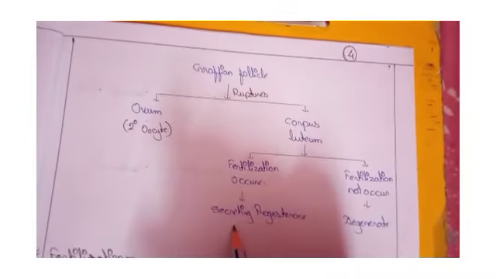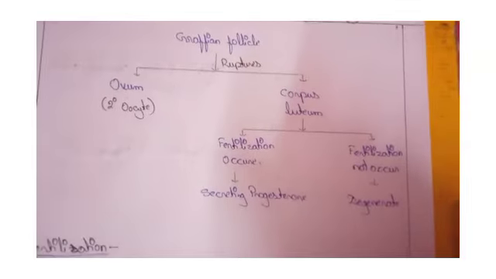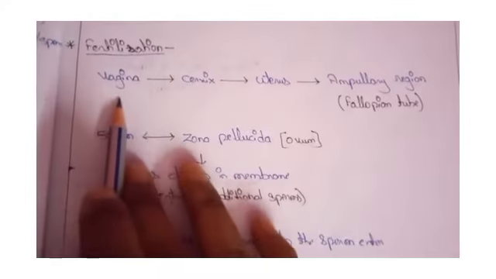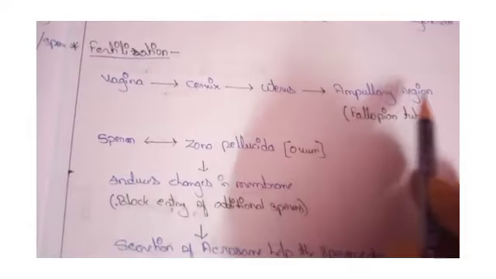If fertilization occurs, the corpus luteum secretes progesterone hormone. Okay, so how does fertilization occur? From the vagina to the cervix, the cervix to the uterus, and the uterus to the ampullary region of